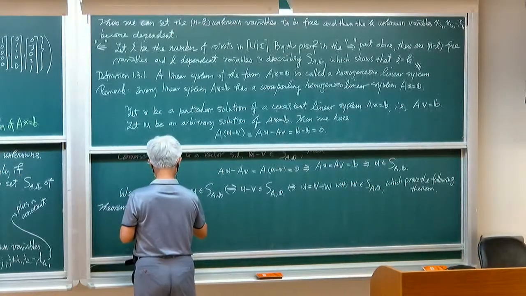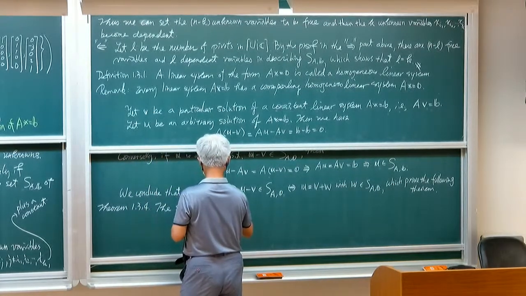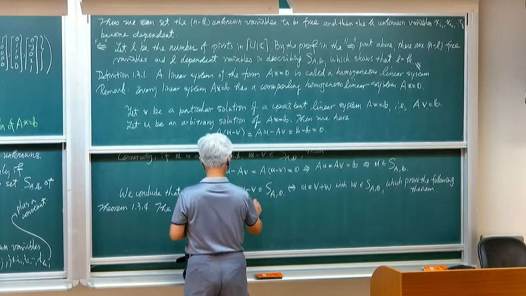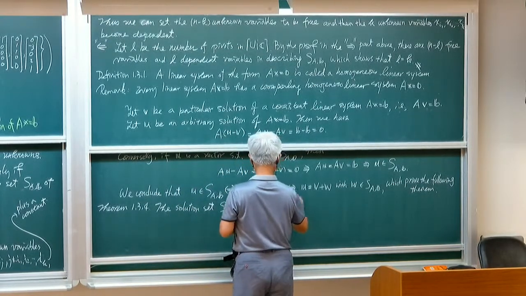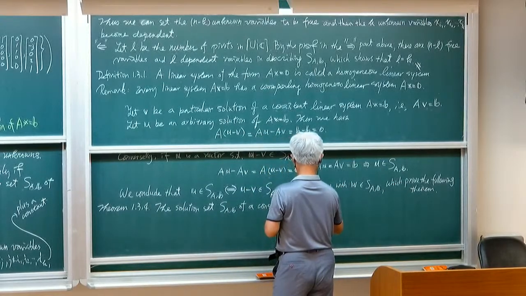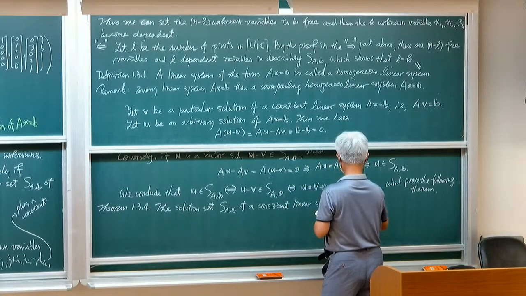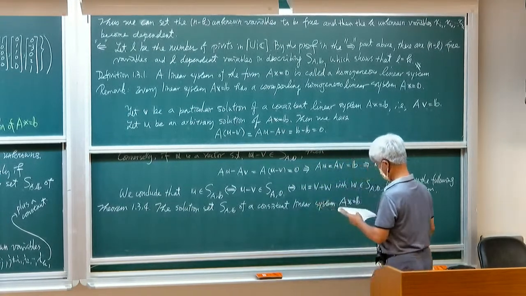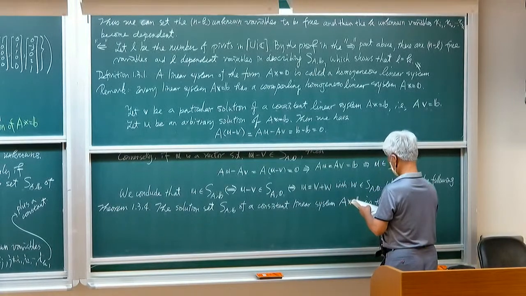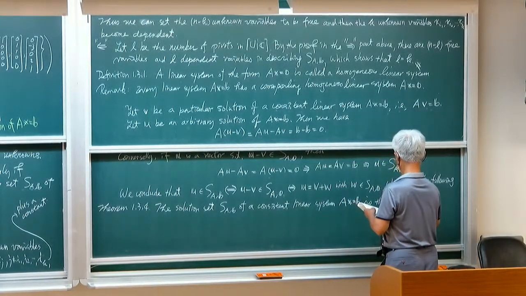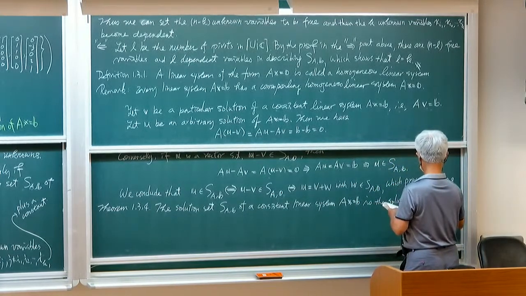The solution set S(A,B) of a consistent linear system Ax equal to B is the solution set S(A,0)